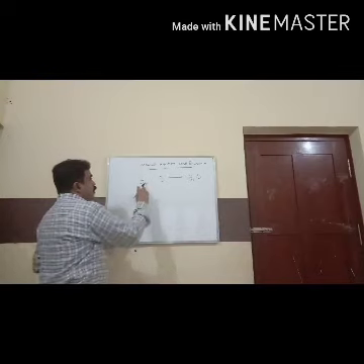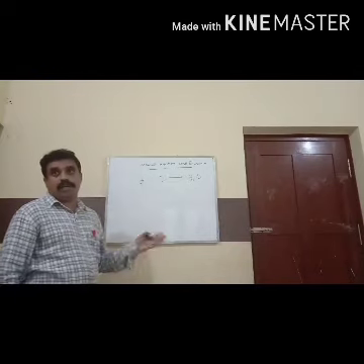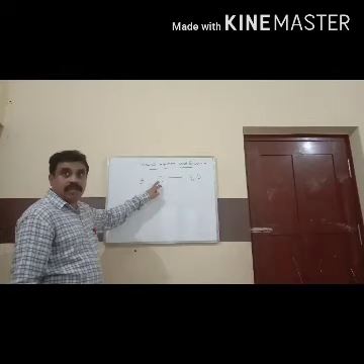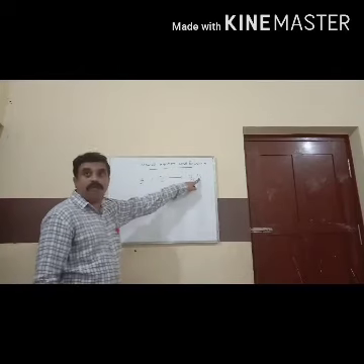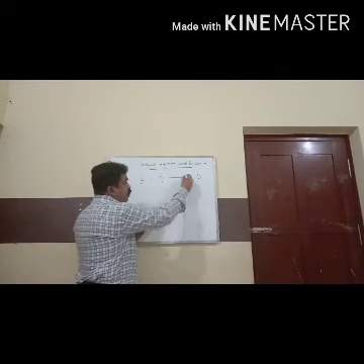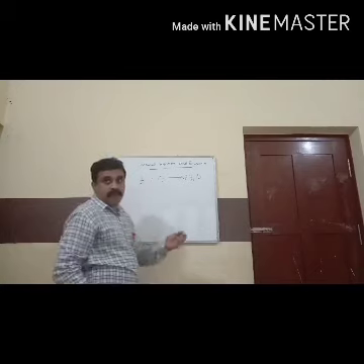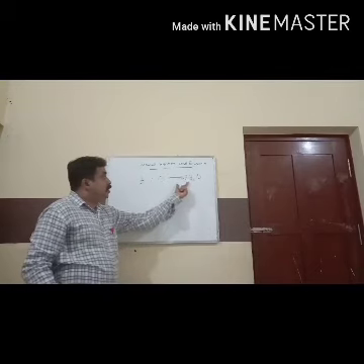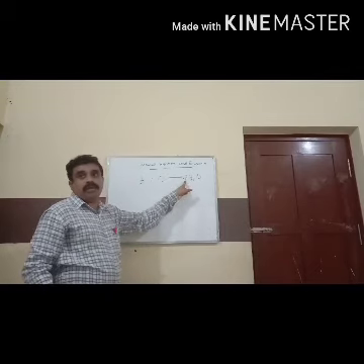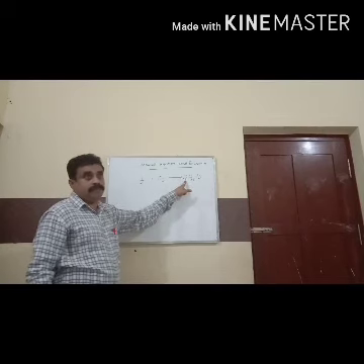Okay, so here H2, here also H2, it's already balanced. But oxygen, here it's O2 and here is only one O. So in order to make it balanced, you have to put 2 here, not in between. Here you cannot put it. You have to put it before the molecule or the compound or the atom.